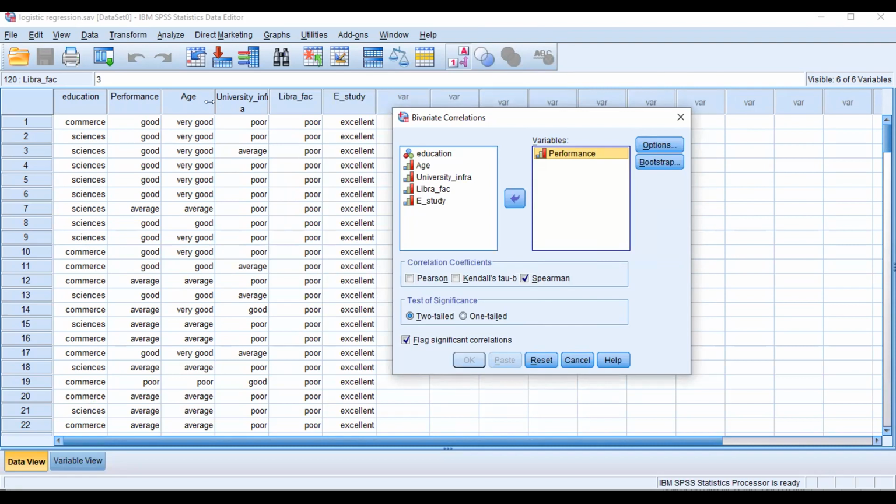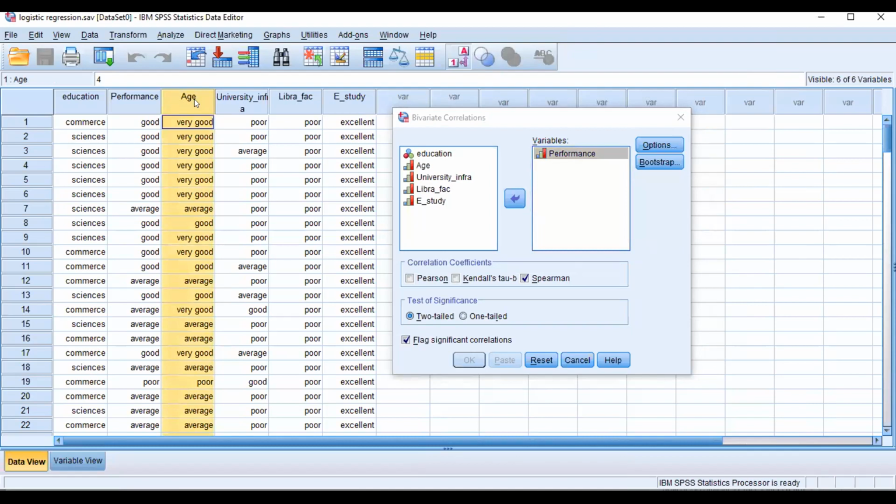And age, no, it is not age, I think there is a little mistake. But yes, university infrastructure, poor, and everything. Age was not reported because they were all similar. If I wanted to include it to explain to you, you would include this age factor.